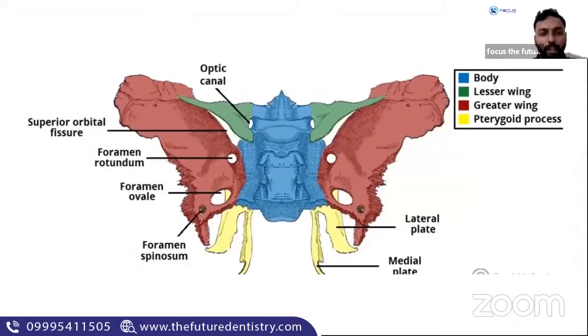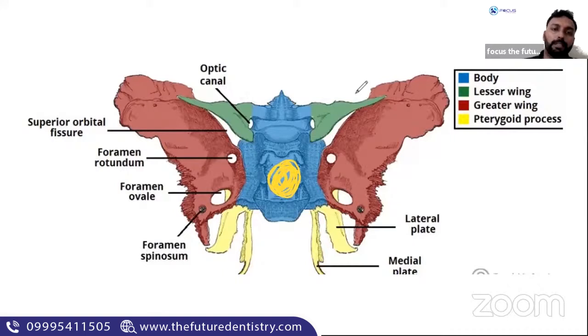This is your sphenoid bone in detail. It is a very beautiful bone. I love teaching sphenoid, and you know why? The majority of the stuff which is of relevance to us belongs to the sphenoid: the nerves, the vessels, all those structures. And it has this particular region, I'm drawing it as yellow, which has your pituitary gland. So this is one of the most important bones in the base of the skull.